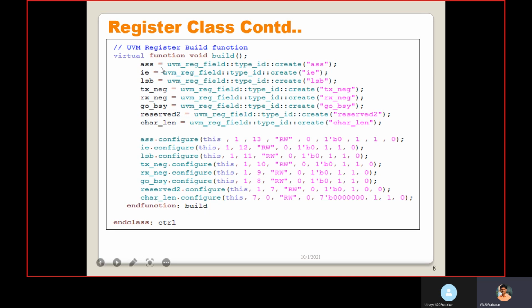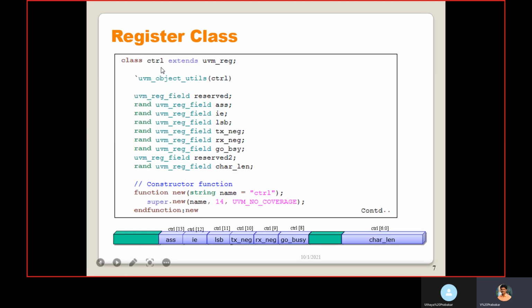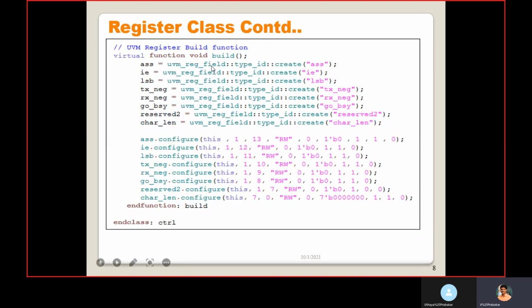So ASS is the instance name we created. With the help of uvm_reg_field type_id::create, with the name of the handle, we already know this method. Using that we need to create objects for all the fields.